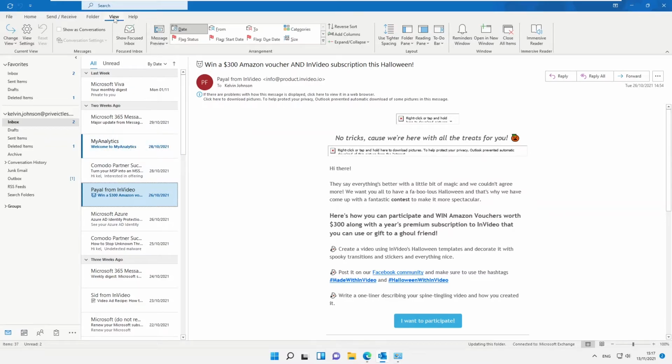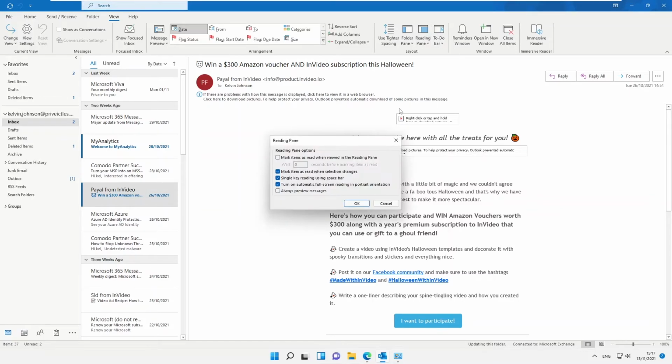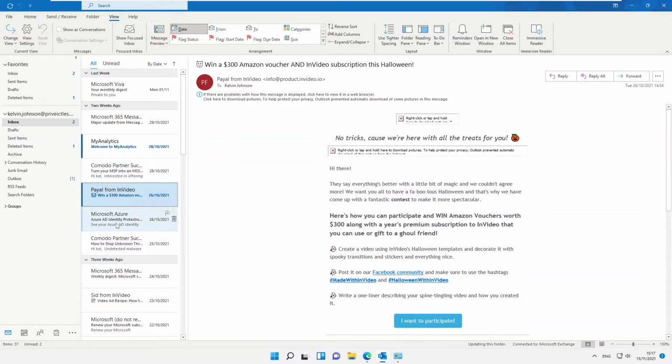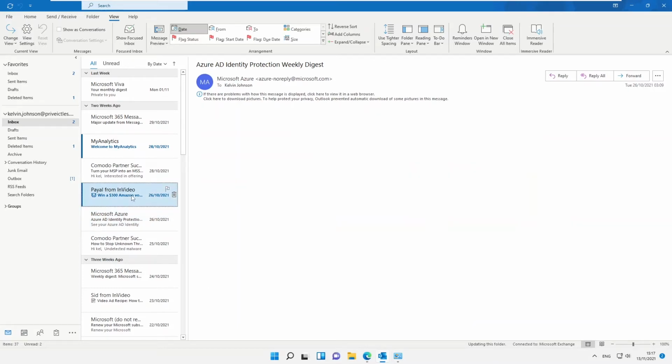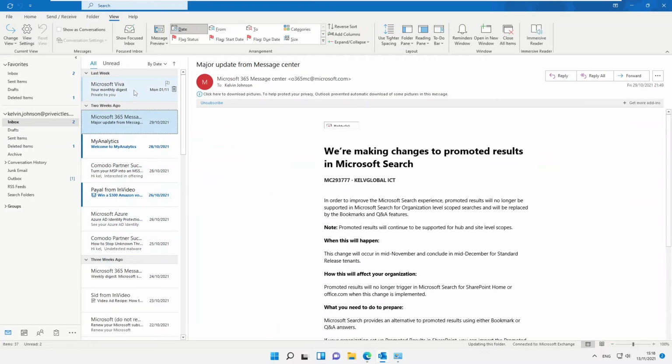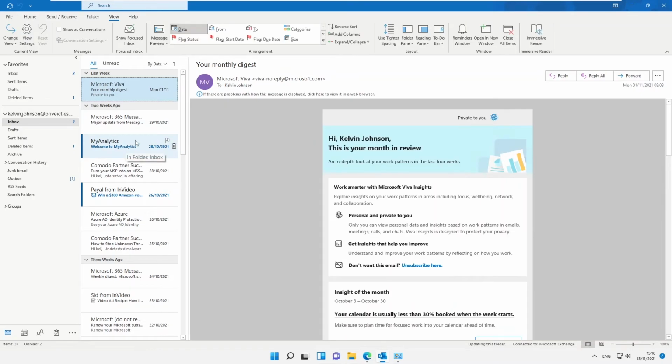If I go to my view tab, under my layout group, here you can see we have the reading pane option. Just click on options. You can see that it says mark items as read when selection changes. If I uncheck this and then click OK, and go back to a read message, when I click this message and move back again, you can see the message still remains unread. This gives me a quick way to see that I have not actually read that message. But if I double click on the message,